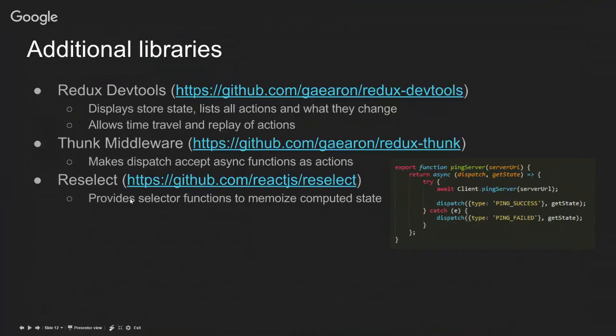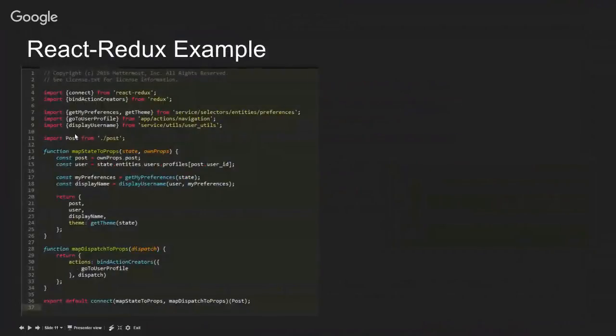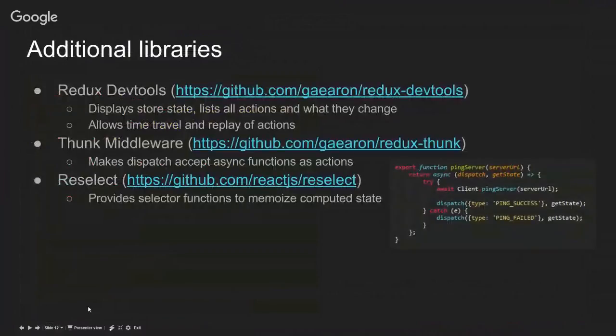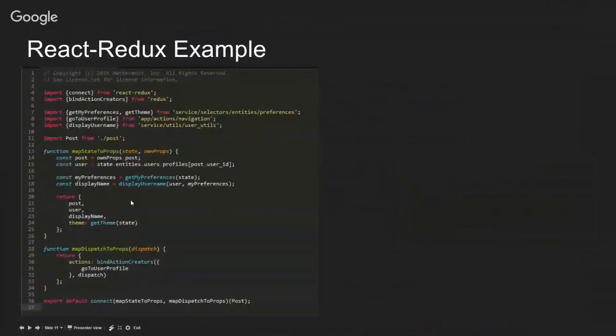And then the last one's Reselect, which I kind of want to talk about because I find it really cool myself. It provides selector helper functions, like get my preferences and get theme. The easiest way to think of them is as a helper function to get rid of all the cruft of state.entities and so on. But they can also be used to compute data. So in the case of this get theme one, it does